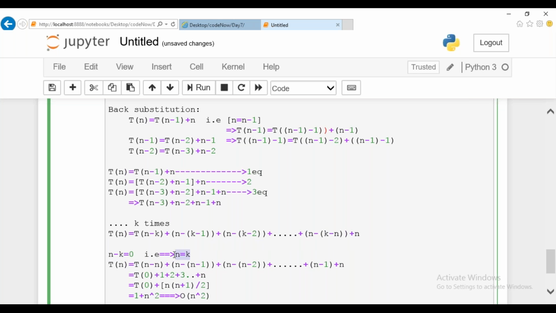Ma'am, here the last n plus n should not be there. It will be the terminating condition. N minus k minus n will be the end. Okay. Instead of the entire equation, is it possible?